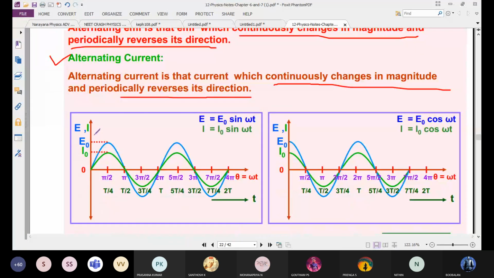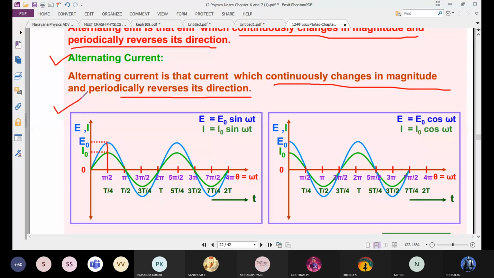So this is the sine wave. How to represent it in the sine wave? See that. I naught is the lower one, E naught is the maximum. Compared to E naught and I naught, the I naught value is minimum and the E naught value is the maximum. But both start at the same point, and the ending, the finishing, is also similar. But the amplitude is different. So this is the amplitude. I naught amplitude is minimum compared to E naught.